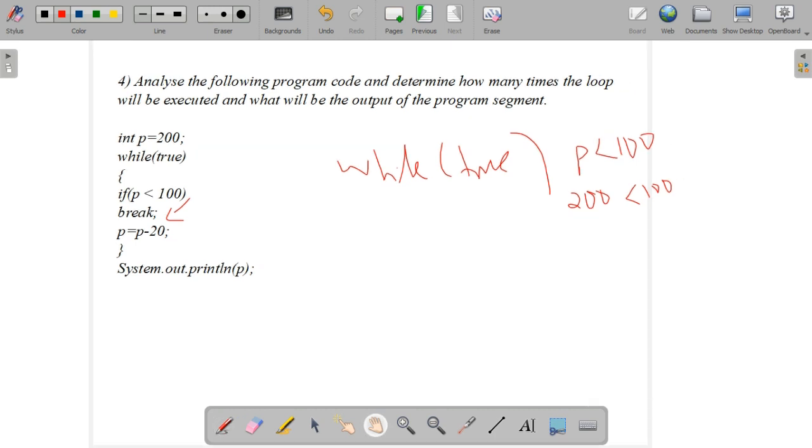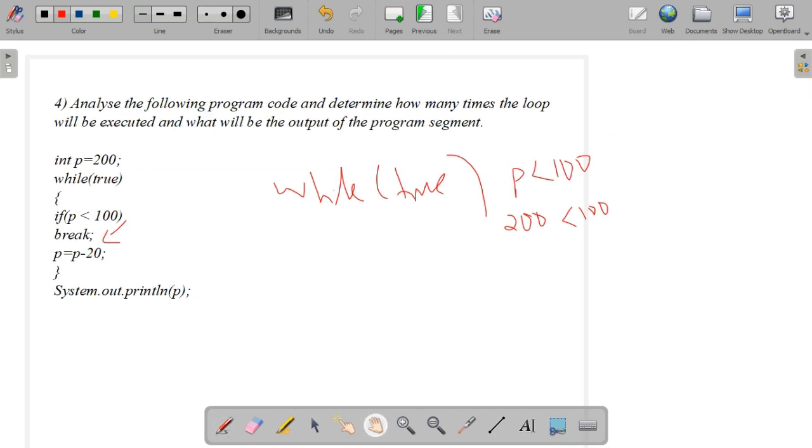Here the condition is false, so it will calculate P equal to P minus 20. P is 200 minus 20, so 180 is the value.